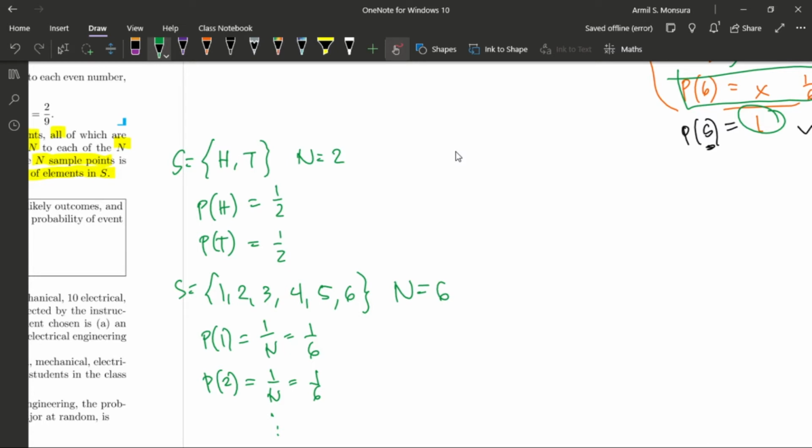So, like the previous example, we had four elements: head-head, head-tail, tail-head, tail-tail. Okay? That's your sample space for that scenario. Again, the number of elements there is 4. So we assign 1/4, or 1 over n, to each of those elements, since they are equally occurring. Again, the scenario here is that we have equal probabilities